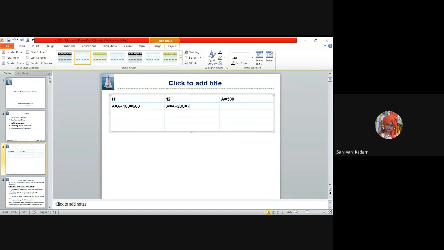Out of this, none of the values is correct, because two operations are done and the resultant value should be 800. But we are neither getting that; we are getting the value written by only one of them.